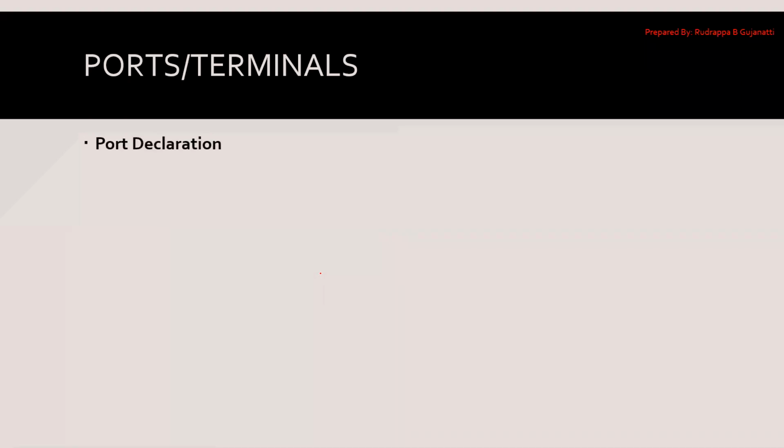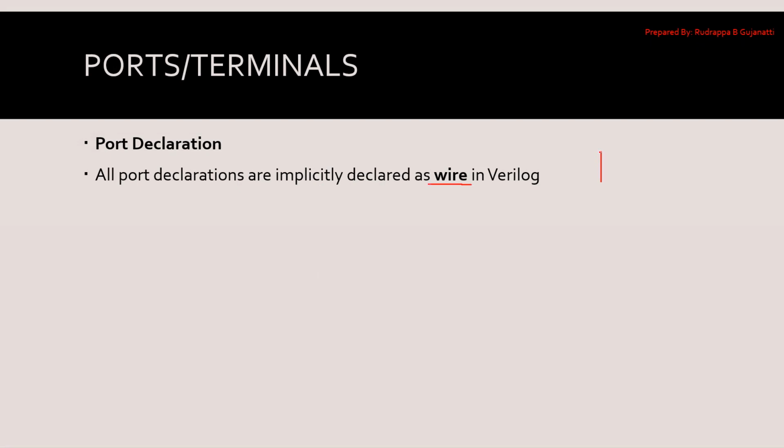Next, in continuation with the port declarations. Implicitly, when we declare a port, by default it is a wire. That is, it is of net data type by default. So by default, we specify that it is a wire. For example, if I have an IC, I'm giving input and I'm taking the output. By default, I make the connection via the wire. If I take it as analogous to that, I'm making connections through those things.